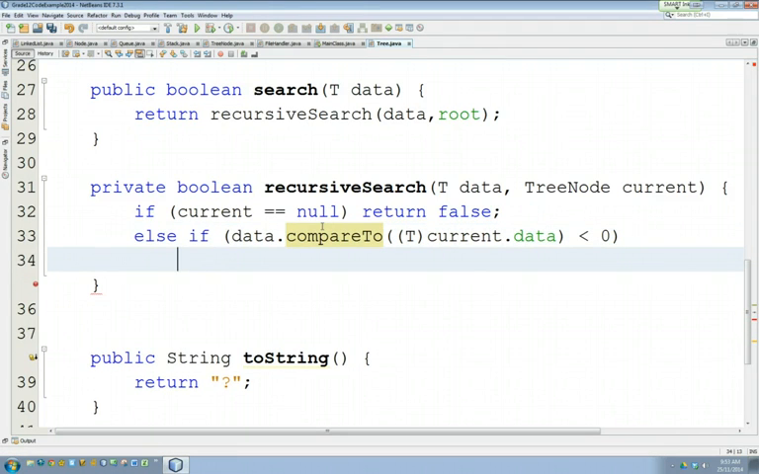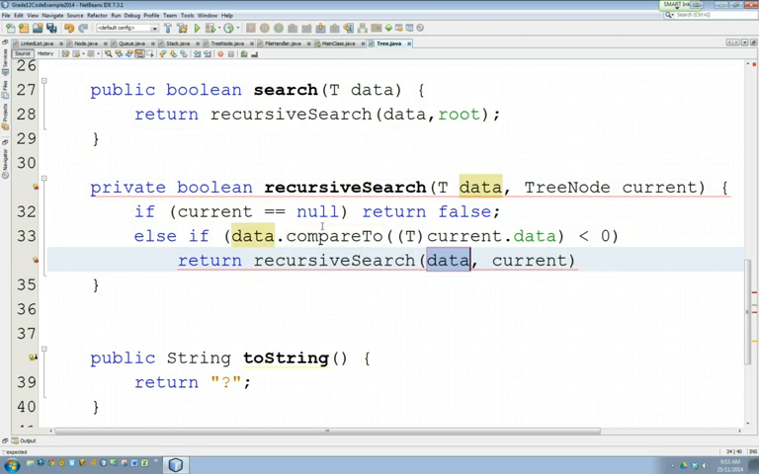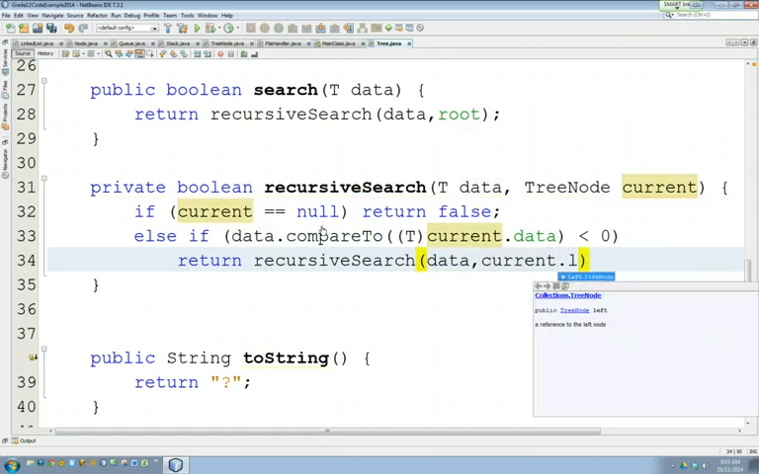but that's what it is. We compare the data to current's data. We have to perform a cast there because it doesn't know, that's just casting. And if it's less than 0, what that's basically saying is if it's less than this, then I return